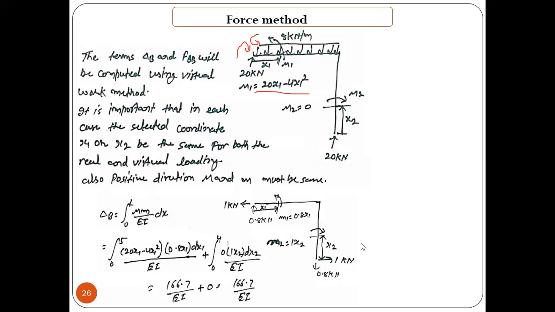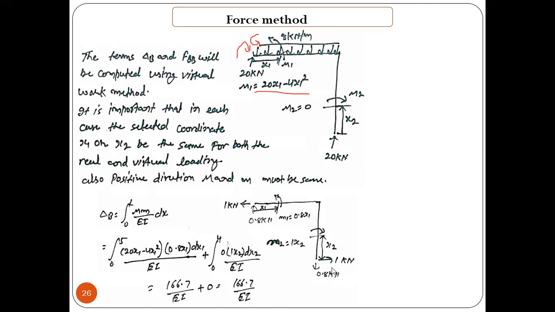So take any of the support points; the summation of horizontal force is equal to 0, that is 1. If you take a moment about this point, what will happen? 1 into 4, and this reaction, if you are taking the unknown, suppose this point is A or B, that will be RB into 5. So 4 by 5 ultimately comes out to be 0.8 only. One is upward, the other is downward, and their summation should be equal to 0. This was in the positive x direction and this is in the negative direction, so their summation also comes out the same.